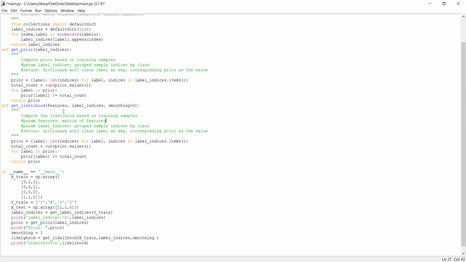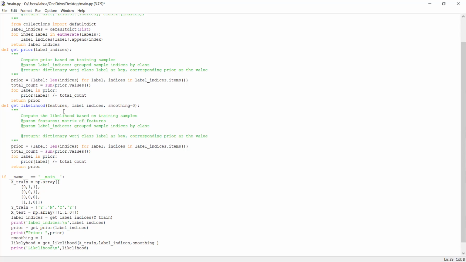Param label_indices is group sample indices by class, so it's still the same. Param smoothing, so this one should be integer, additive smoothing parameter, and then it returns a dictionary